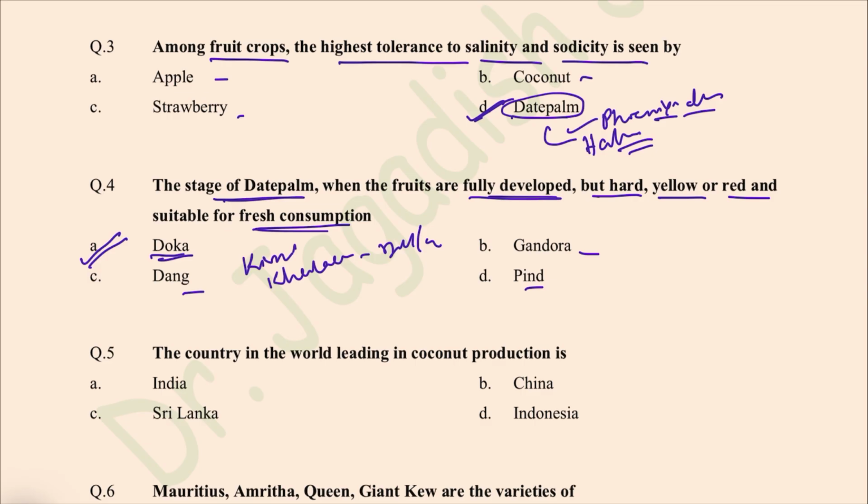The soft, fully ripened stage of date palm fruit, suitable for immediate consumption but not long-term storage, that is called rutav. That is the intermediate stage between khalal or doka and tamar or pin. The initial grain, hard and unripe stage of date palm fruit development is called kimri. Initial stage is known as kimri. Okay. Next question: